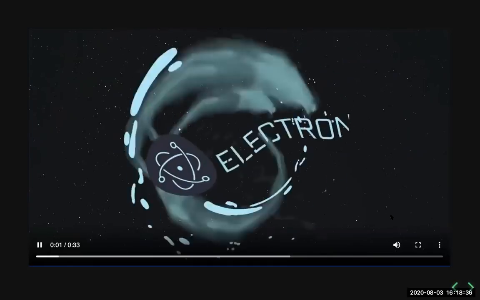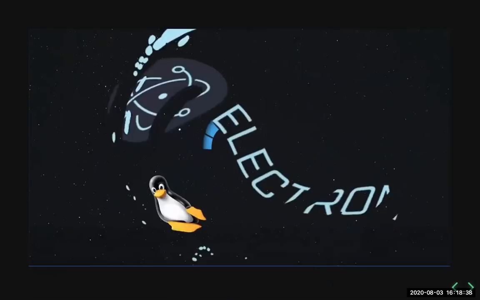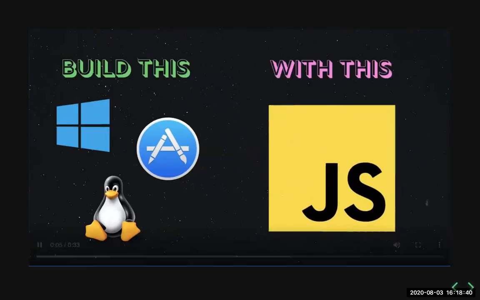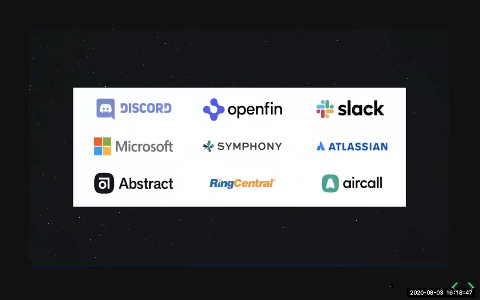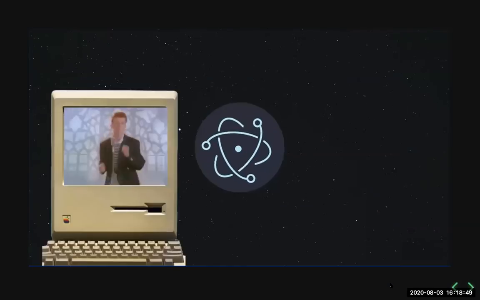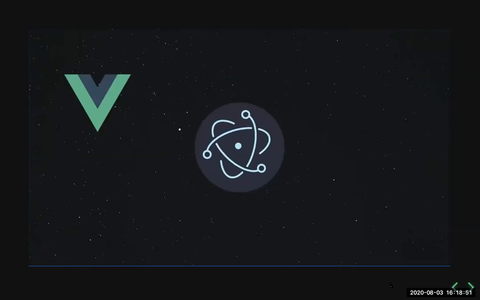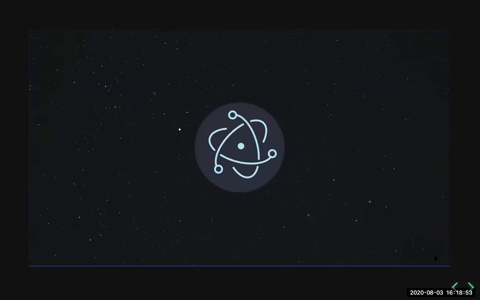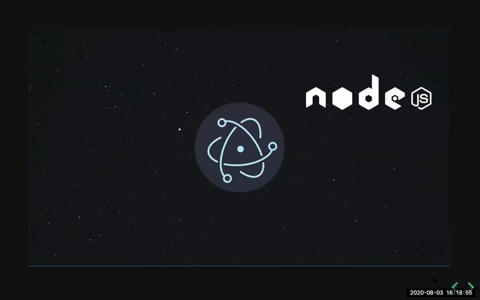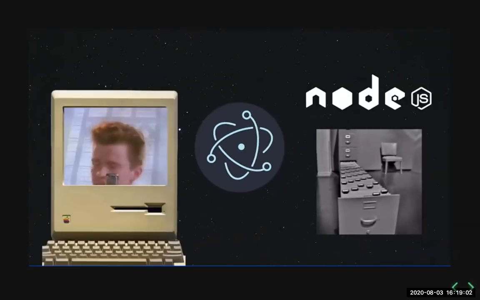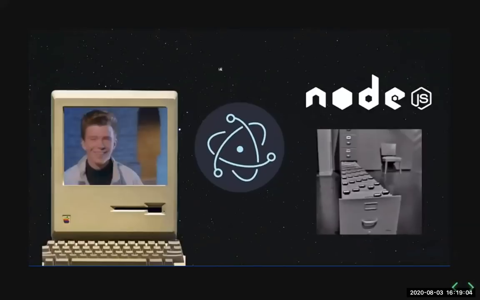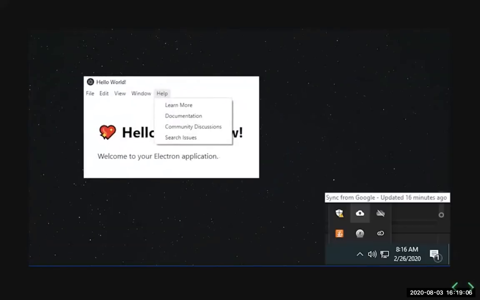Electron, build native desktop apps for platforms like Mac OS and Windows using nothing but HTML, CSS, and JavaScript. It's a tool behind many popular apps that you might use today, like VS Code, Slack, Discord, just to name a few. On the front end, you build UIs just like you would for a browser-based web app and any framework or favorite frameworks. But in Electron, you also have access to Node.js, and that means you can access global APIs that you don't normally have access to in a sandbox browser like file system. Electron combines these front-end technologies and provides a bunch of other tools to work with native menus, system tray, and